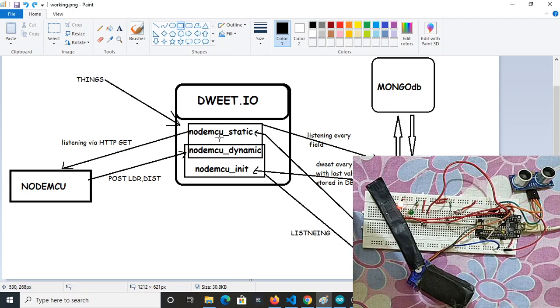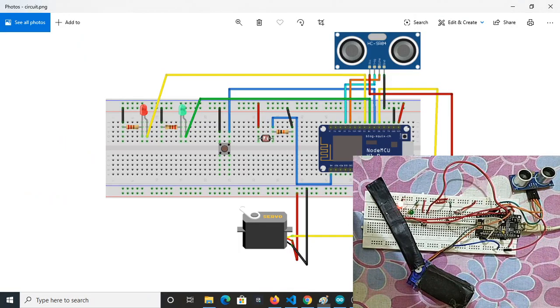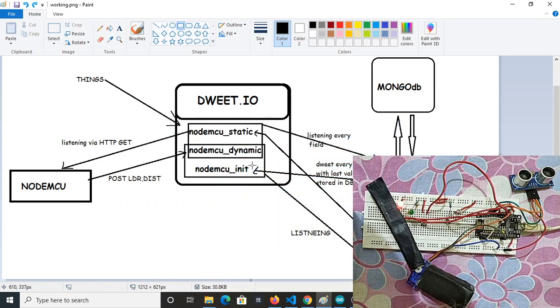The static thing will send static data. I have to show your circuit diagram: red LED data, green LED data, and servo data. We are sending these data to the node MCU static field from our dashboard.